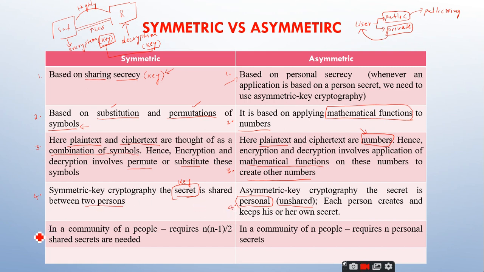And the fifth point, in a community of n people, n into n minus 1 by 2 shared secrets are needed, right? For example,